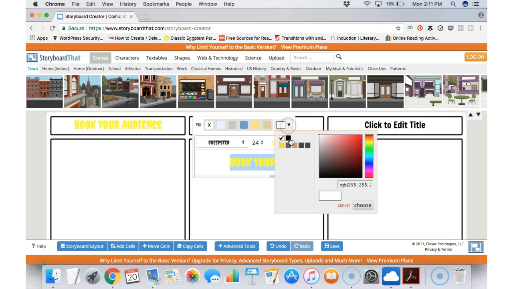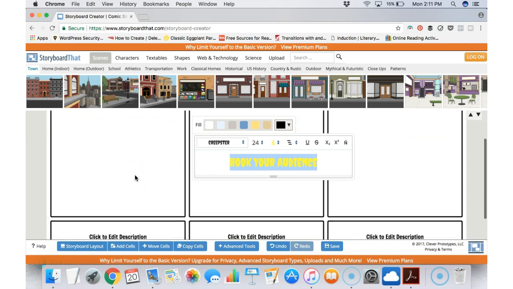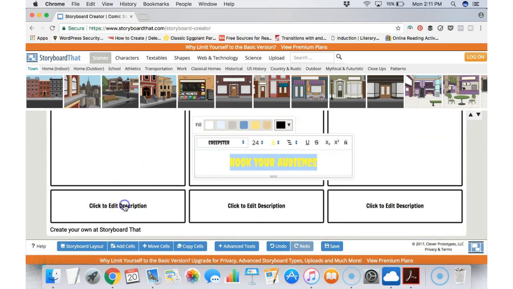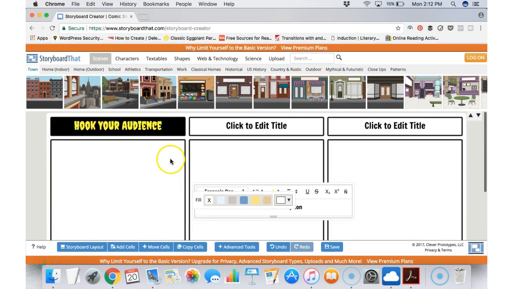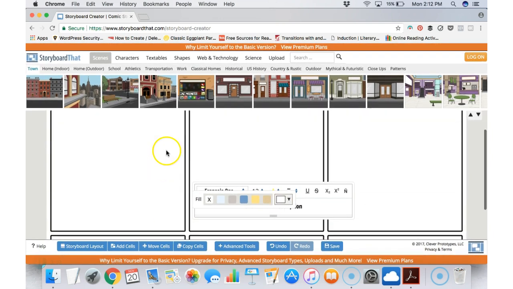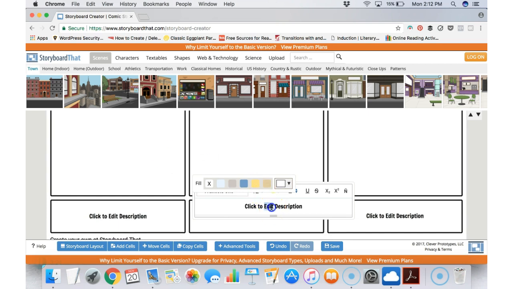And if I click up here, I can make the background any color I want. I can make it blue or purple. I think I just want to make it black. That'll look cool. Okay, there we go. Then I'm going to go down here and I'm going to click to edit the description because it's important to show the teacher that you know what that means. If I said hook your audience, my teacher's going to say, what do you mean? Why is that important? Okay, so I'm going to type in, it's important to hook your audience